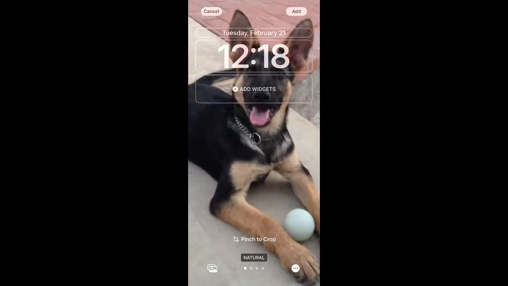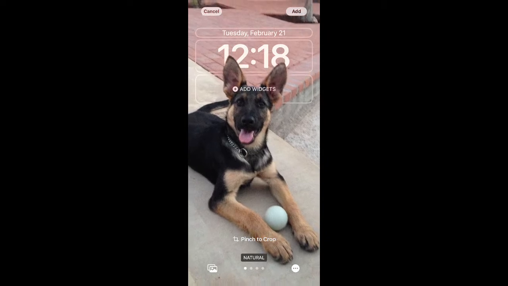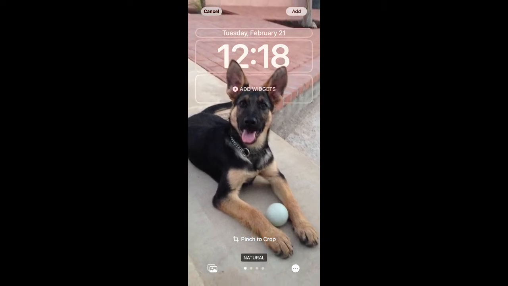So if I make the ears bigger, the time takes over. If I make them smaller, then you get the depth effect. So if we hit the circle in the lower right hand corner, you can see depth effect is checked. If I uncheck it, now the time is on top. If I recheck it, now you get the depth effect with the ears covering the time. So that's kind of a neat